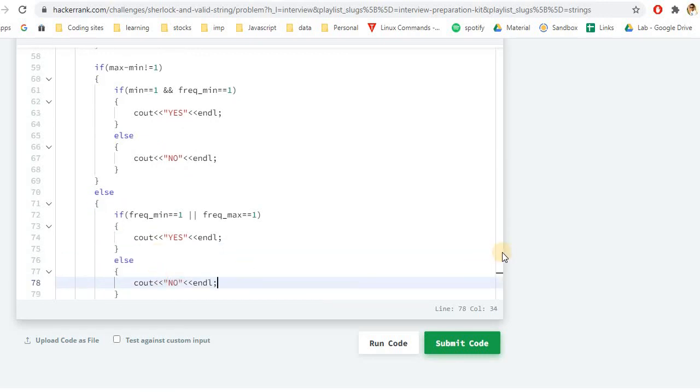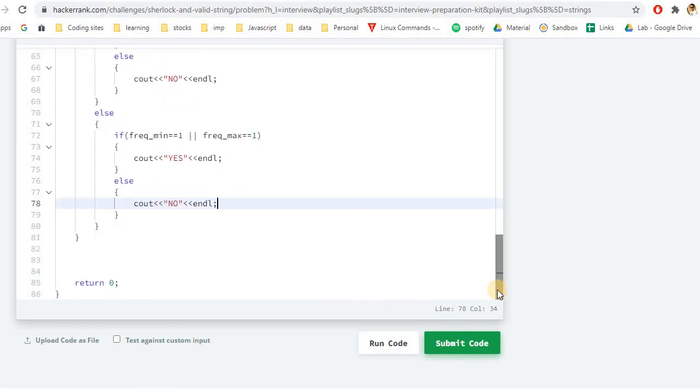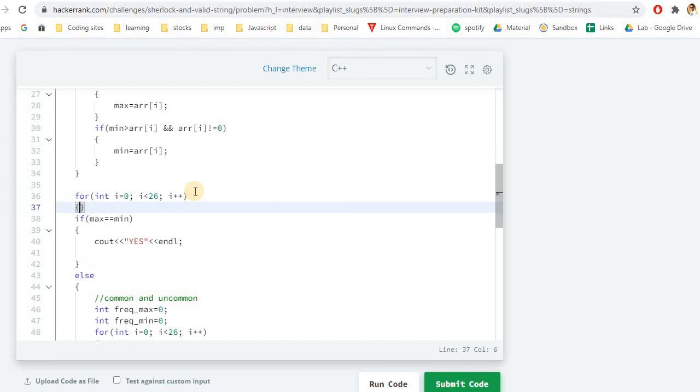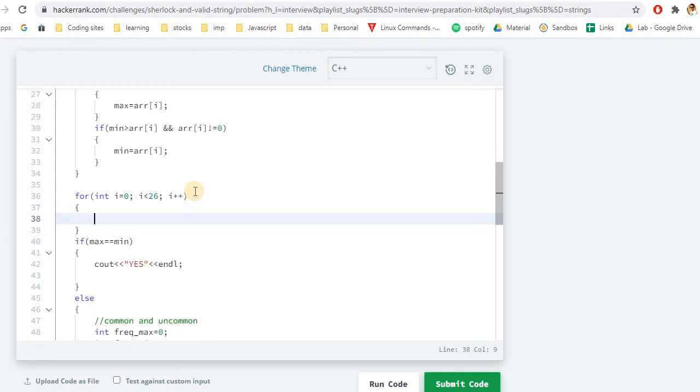Okay, so I think the problem is done, and we know that for character frequency, whenever there are 2 or more different frequencies, we won't get the result. So what we can do is take a for loop that goes from i equal to 0 while i is less than 26, i plus plus. We'll check if there are 3 frequencies. If there are 3 frequencies, we will definitely not get the solution.